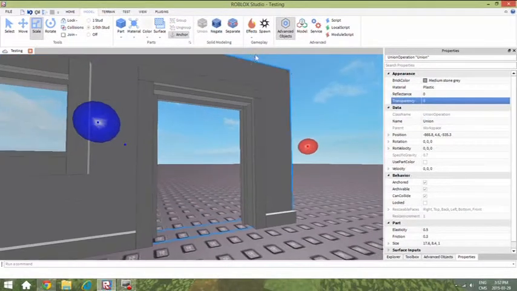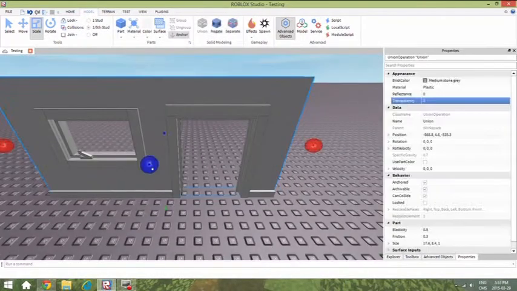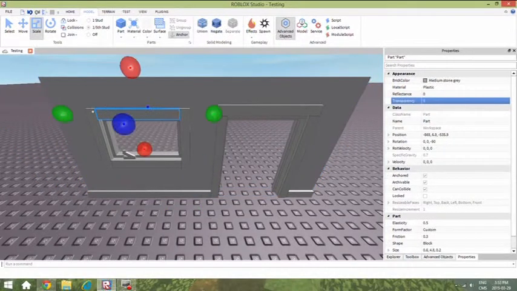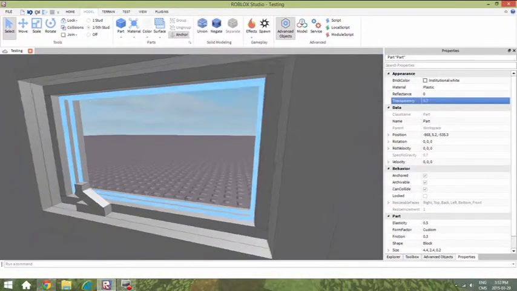Now with Union, you're not going to be able to walk through this door anymore, because this is a full part. Meaning this is going to act like a part. And yeah, that's about it. These things, you don't actually need to union these. These things don't need to be unioned. We're going to actually